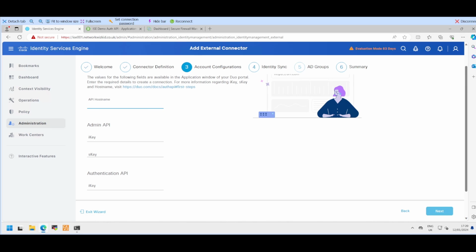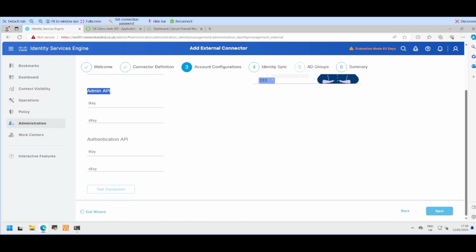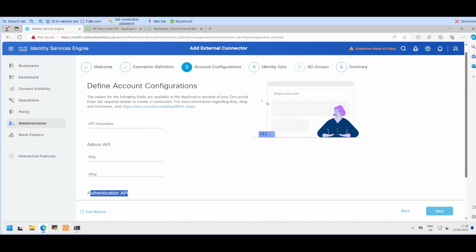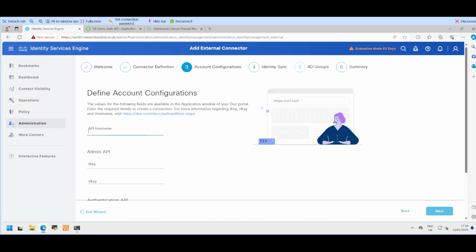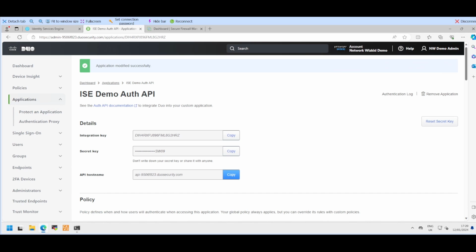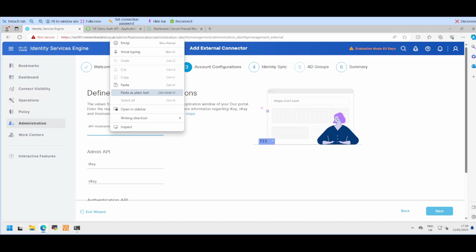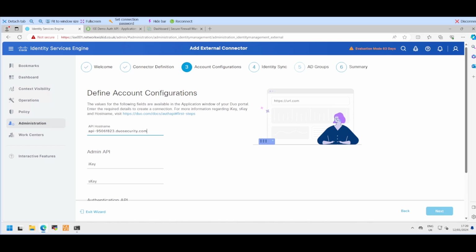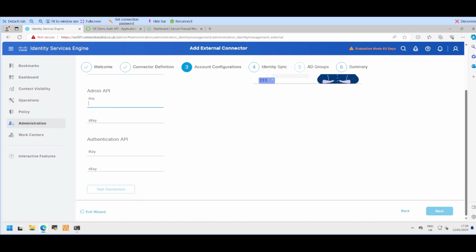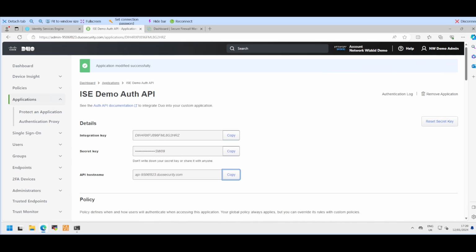You can see we've got the admin API, and we've also got the authentication API, so we'll need both of those. The API host name is the same for each, so we can just use this API host name here. If we copy that and put it in here,